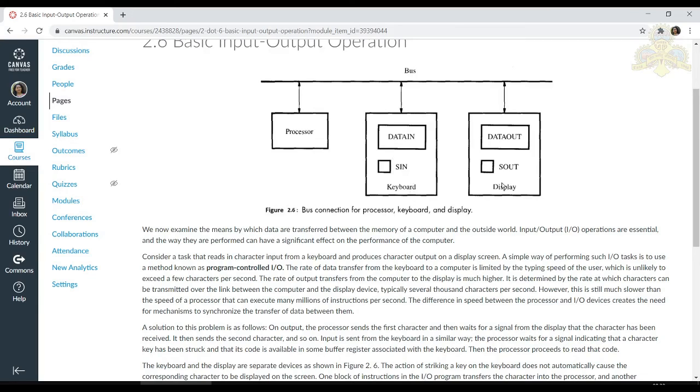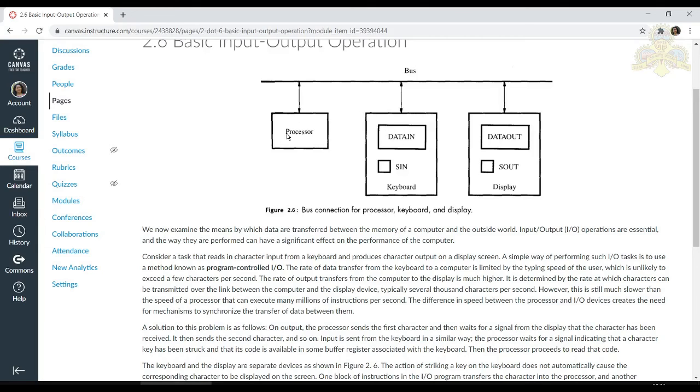For the output device, we can use a buffer register called DATAOUT and the status flag called SOUT. Now this SIN and SOUT are status registers, and they hold the value either 1 or 0. From the keyboard, when a character has been pressed, first its 8-bit representation is stored in this DATAIN buffer register.